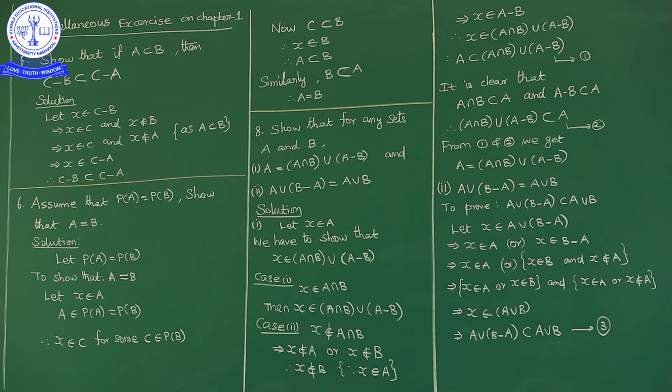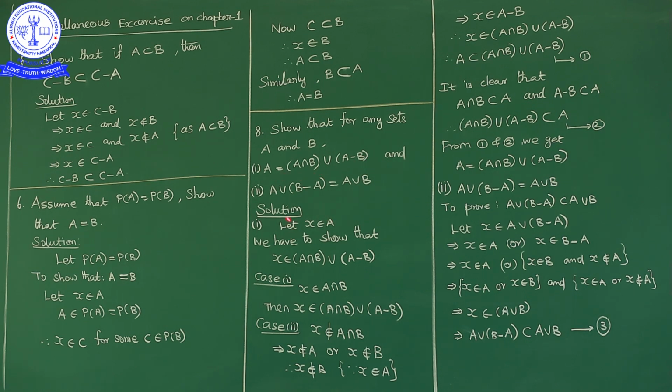First, I will prove the first point. We have to show that A is equal to A intersection B union A minus B. Now, left hand side equal to right hand side. I will prove that A is a subset of this set and this set is a subset of A. To prove A is a subset of this set, first what will we do? We will take some arbitrary element in set A. We will prove that that element also lies in this set. Now let x belong to set A. Now we show that x belongs to this set.